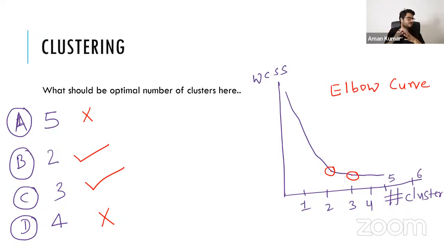See, this is again a conceptual thing. Okay, so nobody is punishing you for a wrong answer, and this is not a real-time implementation. If you're saying 1, then why 2, then why 2, 3, then why 3? Why not the other thing? 5 and 4 we have anyway discarded, because this portion is constant from point 2. This is not constant. Is this a constant? It is not constant.